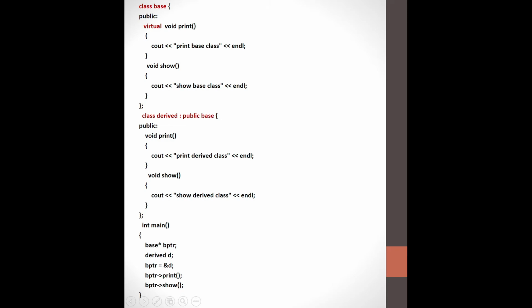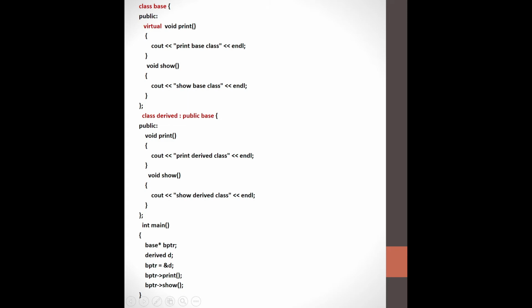Now where does it go? Yes, it goes to where it is pointing to. You can see bptr is pointing to the base class only. So it automatically goes to the base class print function. But it sees a keyword called virtual. When it sees the keyword virtual, it checks where bptr is actually pointing to.